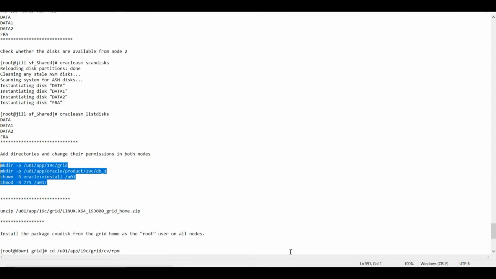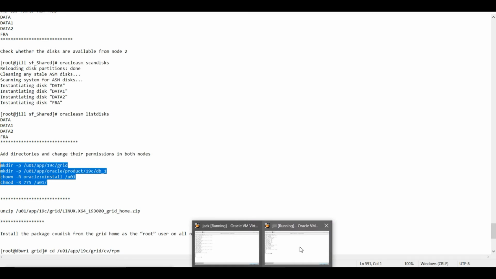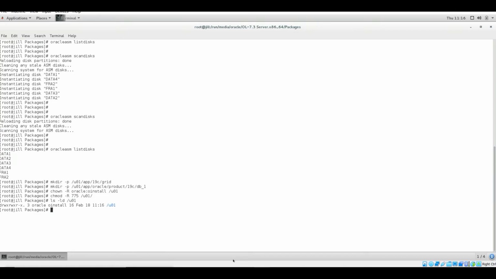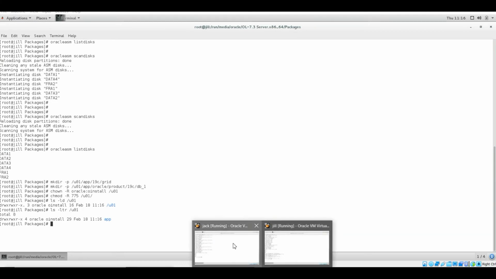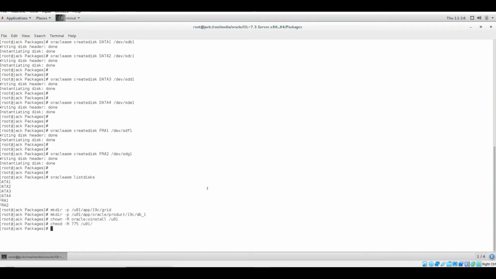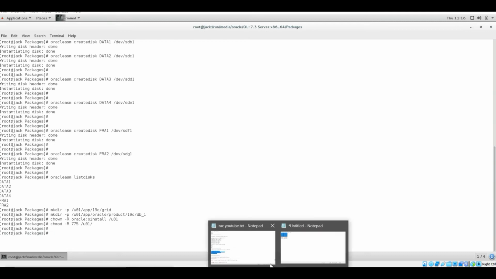So let me run this in both the nodes, and let me check ls -ld /u01. Done. Okay, it is done. Now the same thing I need to go ahead with my node 1 also. So I have done this.